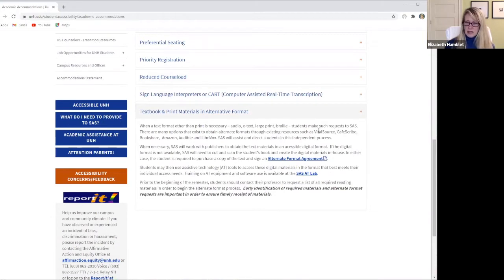Students request that through SAS, through their office. There are also other options to get the information that you need, such as Amazon, Bookshare, Audible. When necessary, the office will work with publishers to obtain the text materials in accessible format. And if not, they're going to take the book that you bought at the bookstore, cut it, scan the pages, and then they often will return the book to students, rubber banded together, which is a little bit